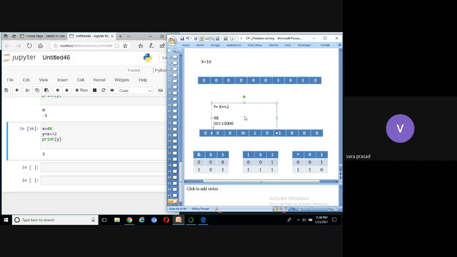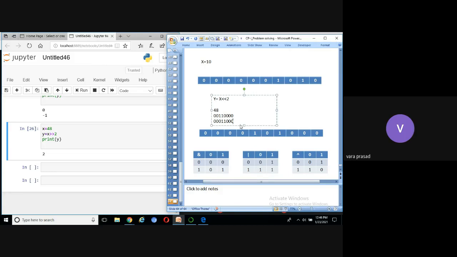Move all the bits to the right one position: 0 0 0 1 1 0 0 0, double 1 and 3 zeros.